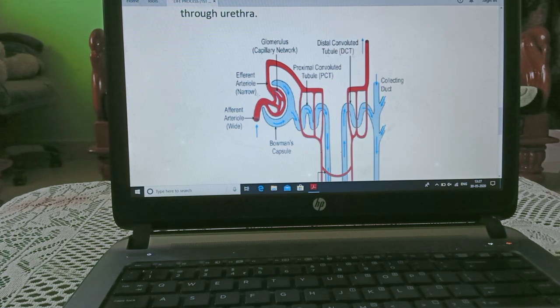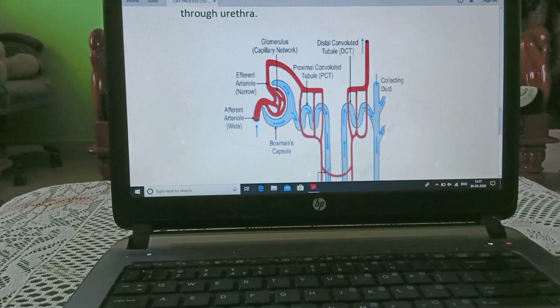When wastes are moving here, they are filtered in the Bowman capsule. Exact waste products go down in PCT, but useful products are again carried by efferent arteriole in the